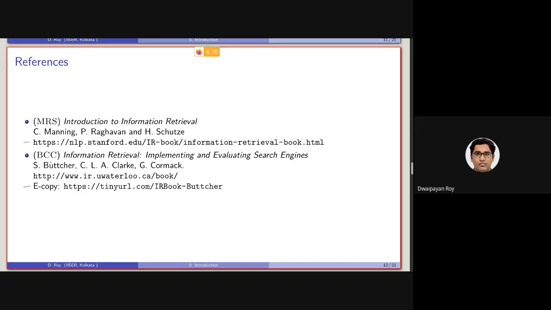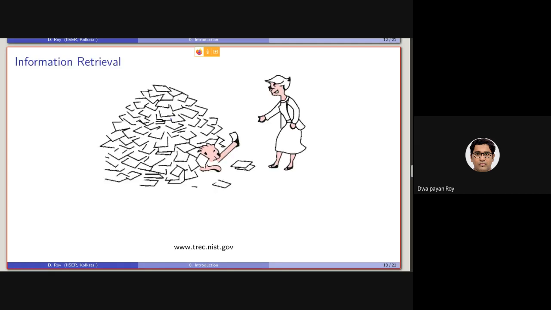So the entire book of this Stefan Bucher book is actually available in this URL. You can download the PDF, and in this URL you will be finding the individual parts or individual sections or individual chapters of this book. So you can download them. They are available in PDF as well as simple HTML. Any question regarding the modality of the course?